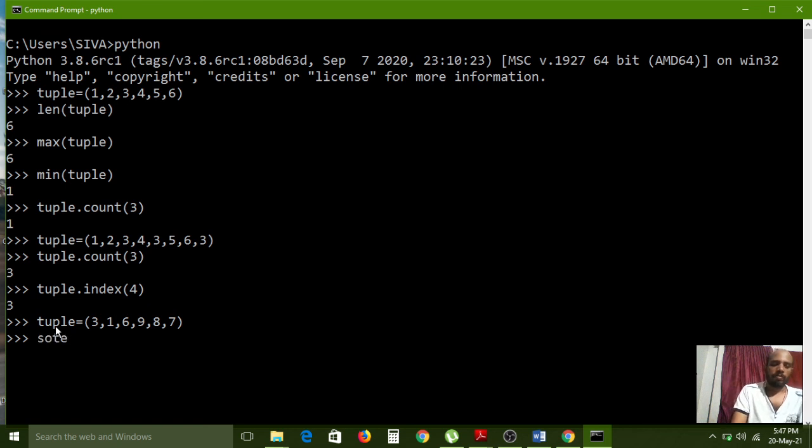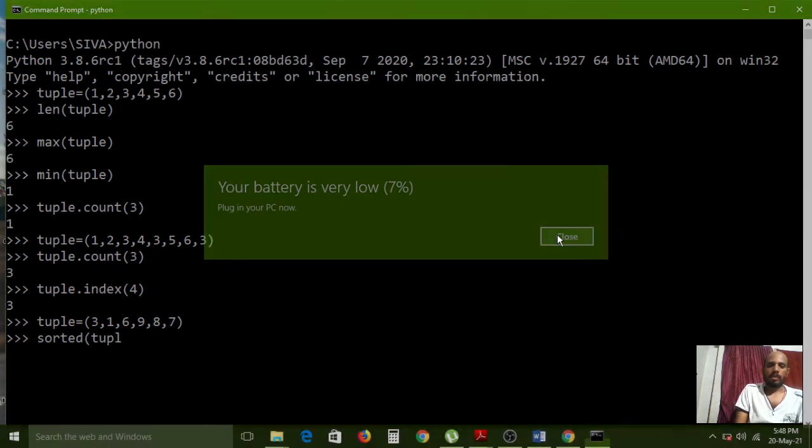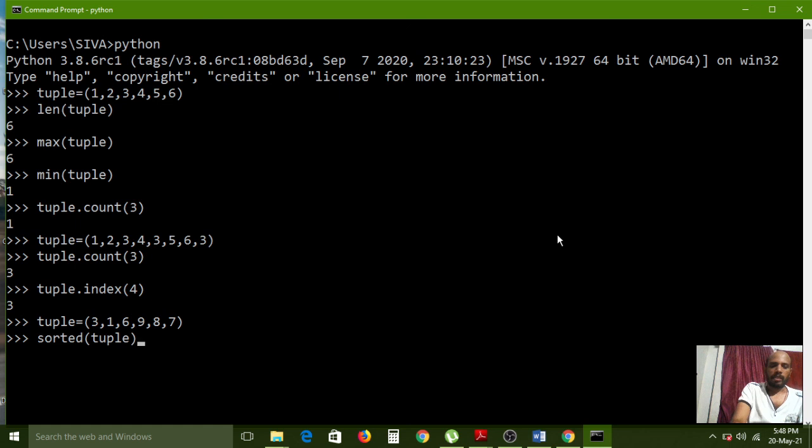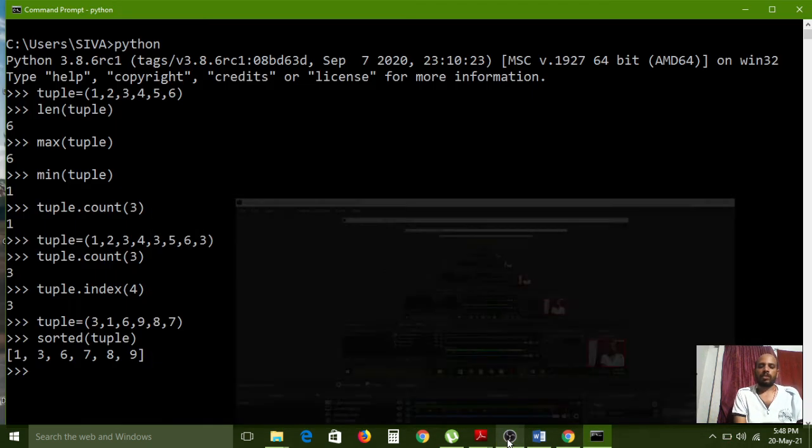I am using the sorted function, a predefined function. Between the function brackets I have passed the tuple value. Now I press the enter key. It has sorted 1, 3, 6, 7, 8, 9. Previously we had 3, 1, 6, 9, 8, 7. After sorting, the output looks like 1, 3, 6, 7, 8, 9. Understand? So like that we use predefined functions.